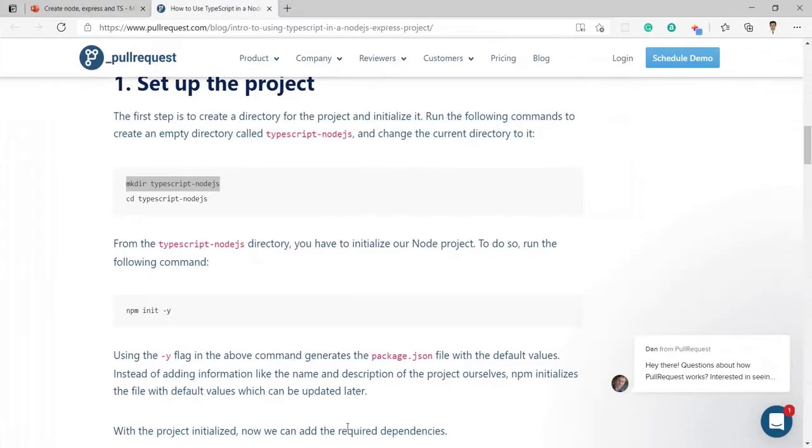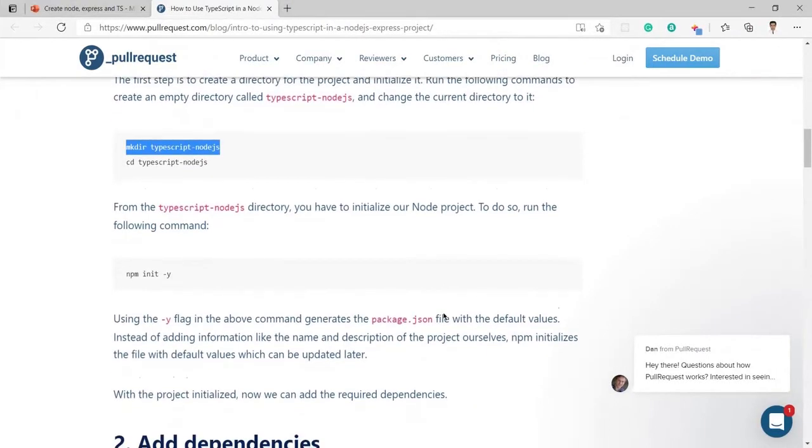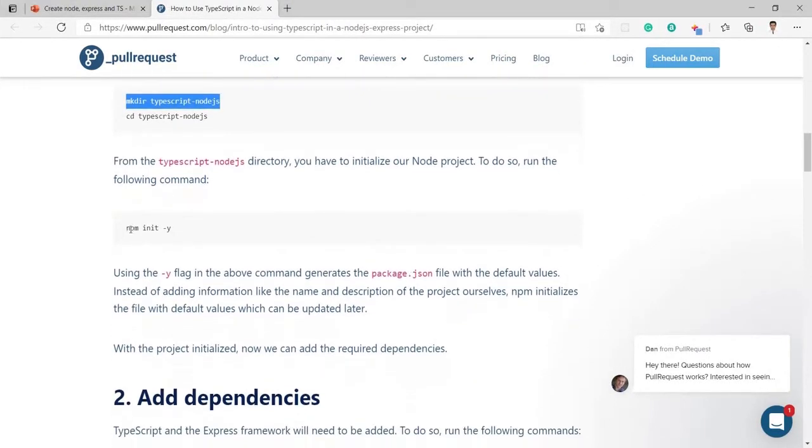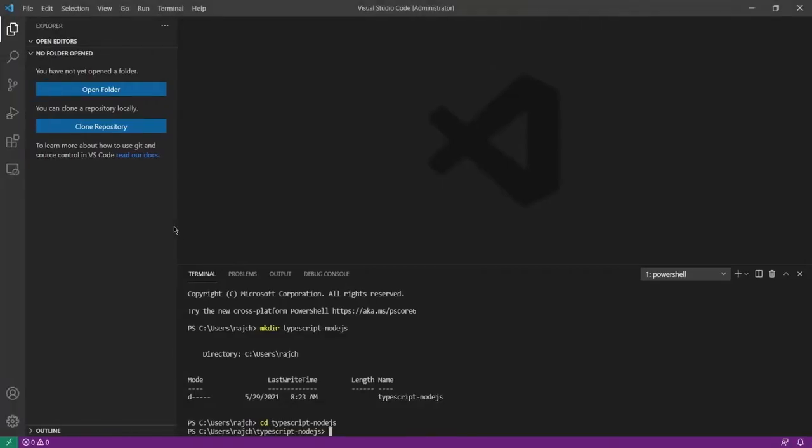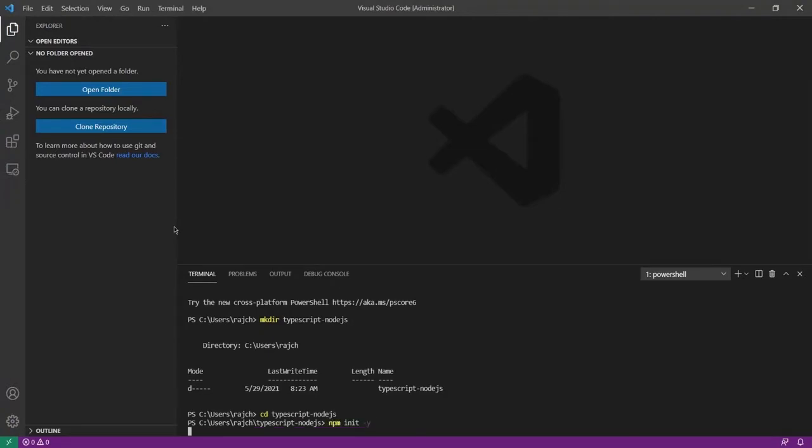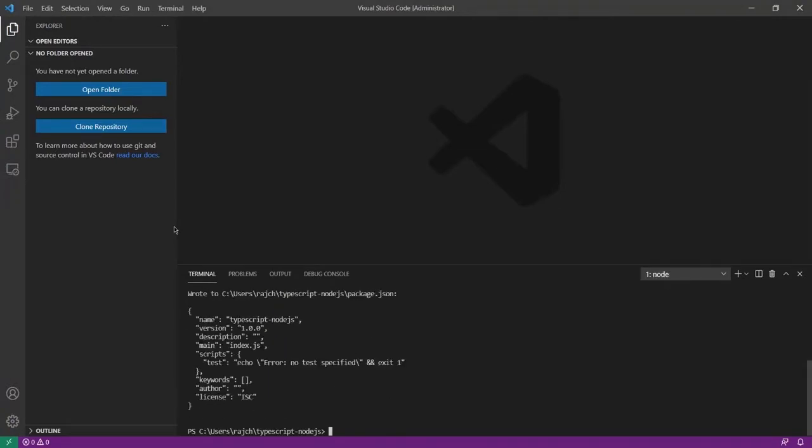After this, you can see this is initializing the project, npm init -y. I am going to copy this code, and it initializes the Node project. I have pasted it, and you can see it has created a package.json file.